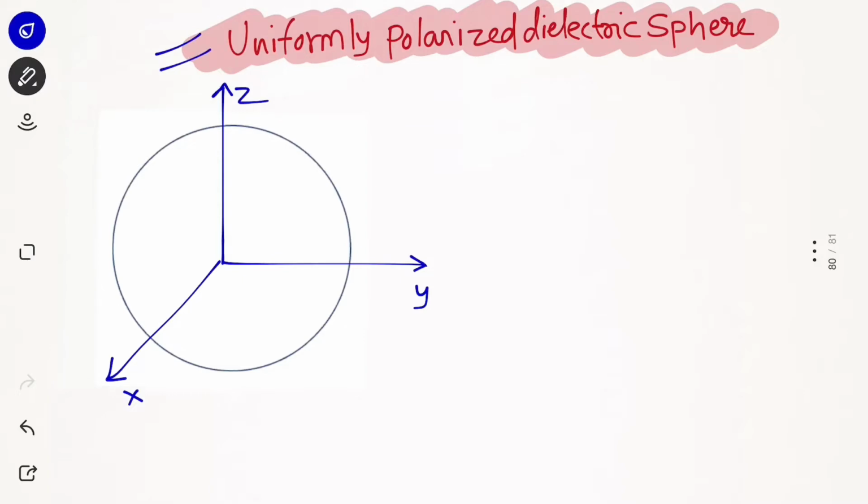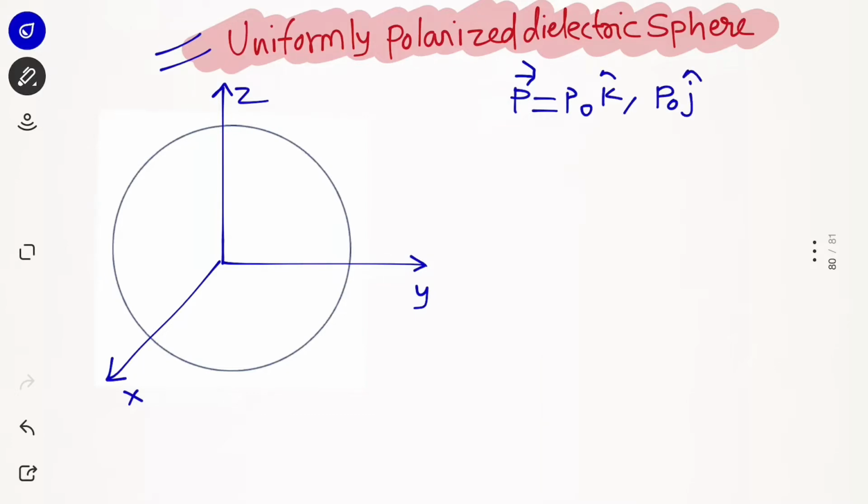So previously we discussed that if our polarization is a function of r, then we directly write E outside of the sphere or cylinder as 0. That was the case we discussed in my previous session. Here the polarization will not be a function of r. Instead, we'll have polarization in some particular direction with some constant value. Let's consider P naught K cap, or we can also say P naught J cap.